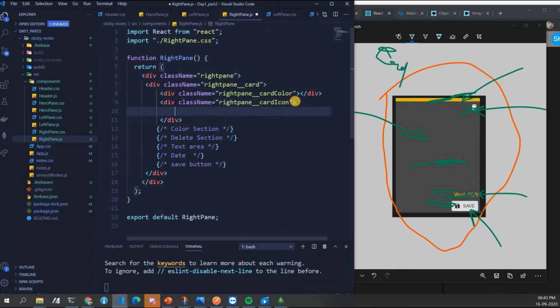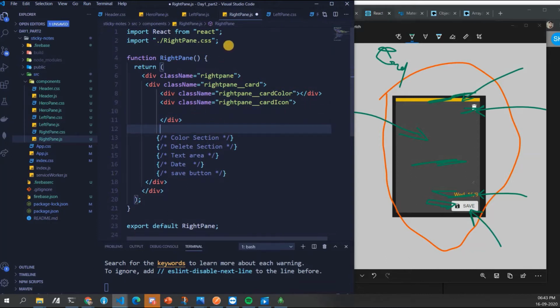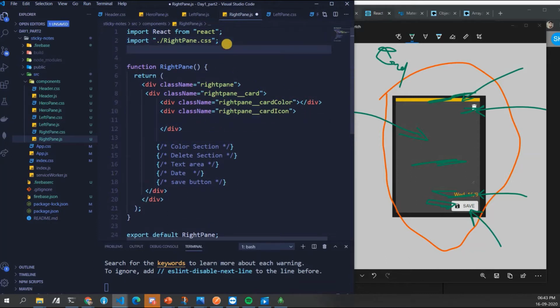Now let's first import that delete button, the delete icon, from material UI slash delete. This way we can import the delete icon.